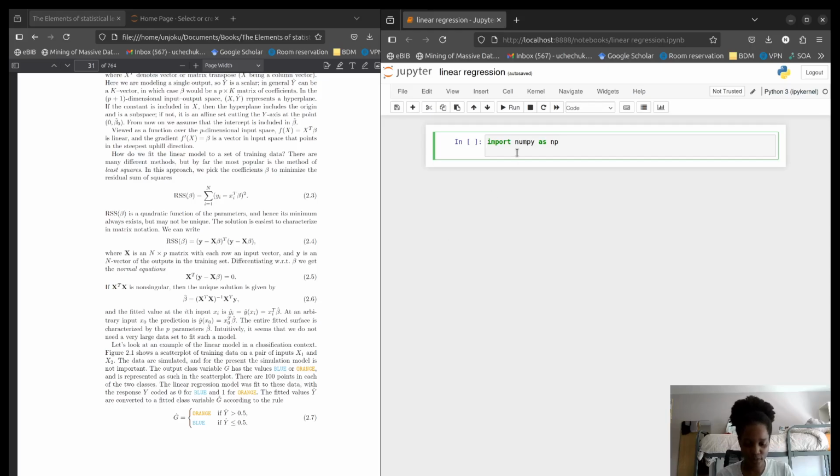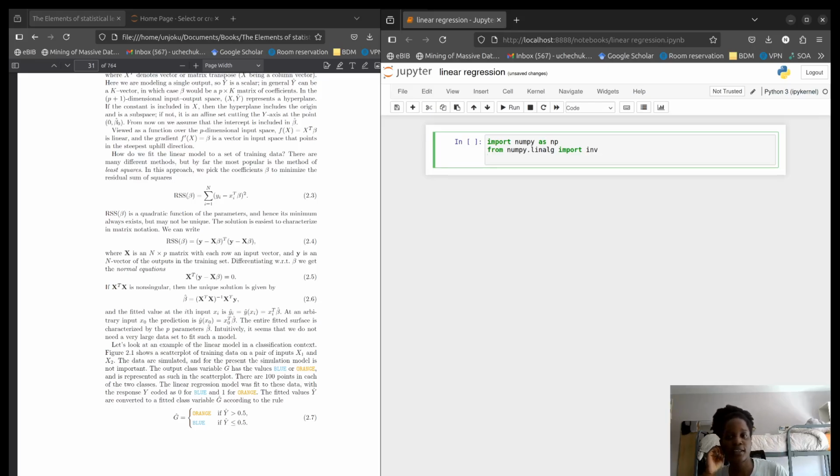So we do from NumPy dot linear algebra, we import inverse. This function is implemented in scikit-learn, and I would like us to compare our implementation here with the implementation in scikit-learn. So I would import the linear regression